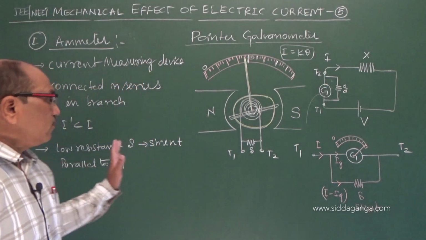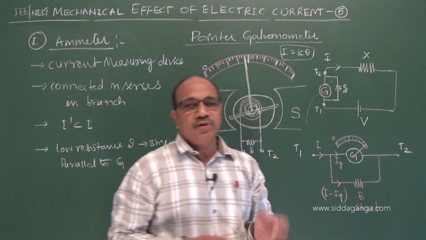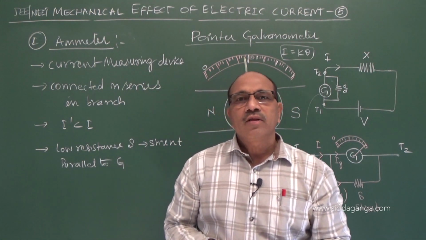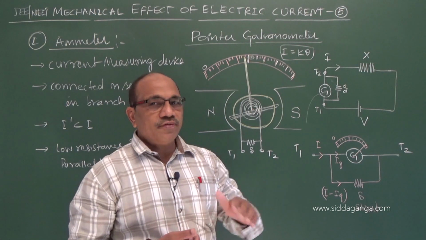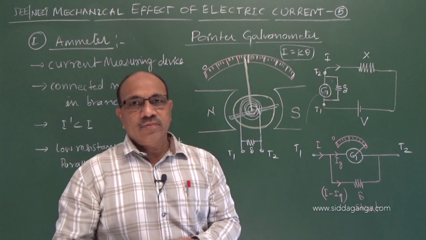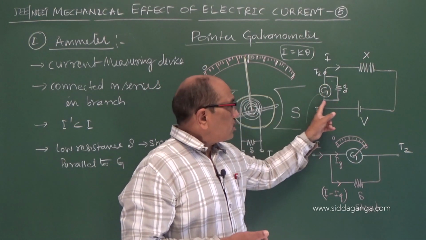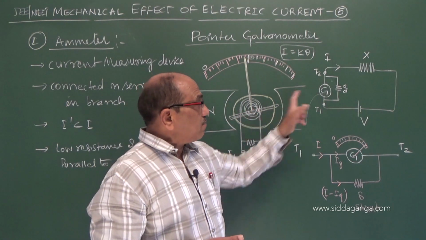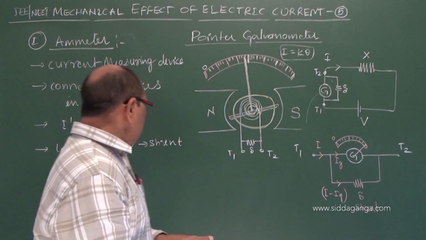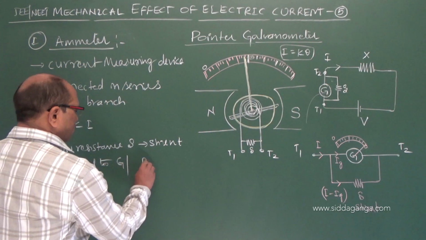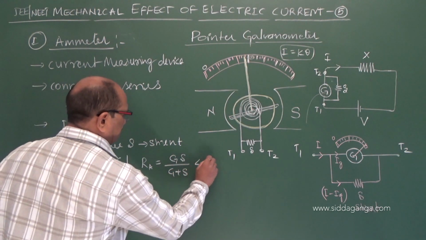I hope you have come to know. To measure the current, when this galvanometer is connected in series in the particular branch in which we want to measure the current, the current decreases because the finite resistance affects the current. Effective resistance increases and current decreases. To minimize the galvanometer resistance, we connect a small, low resistance in parallel to it inside the unit, so that the effective resistance of the ammeter becomes less than S, G plus S, less than S.